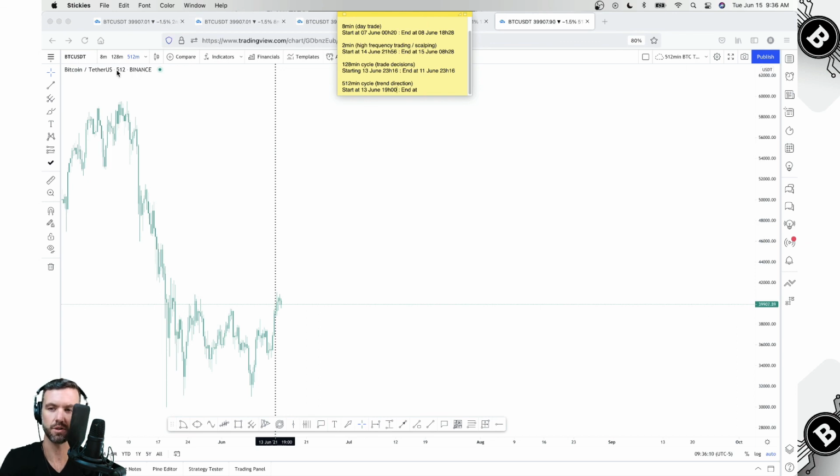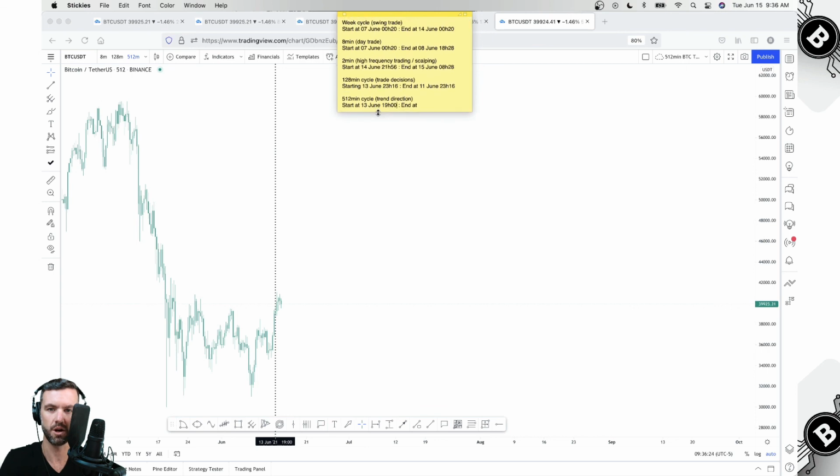So the 512 means that each candle has 512 minutes in it, which means we won't be able to get to that exact date, just like we couldn't do so when we were working with the 128 and the 8-minute channel, with the 32, because of the width and time of the candles or bars that we're working with over there. So what we want to do then is take our cycle line and then just build it out for